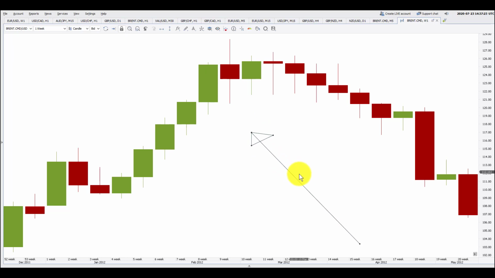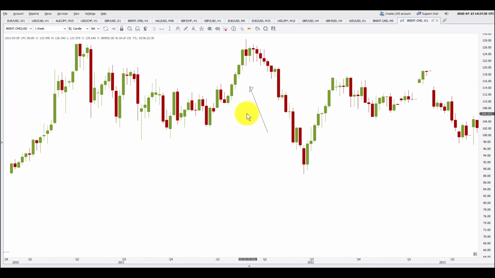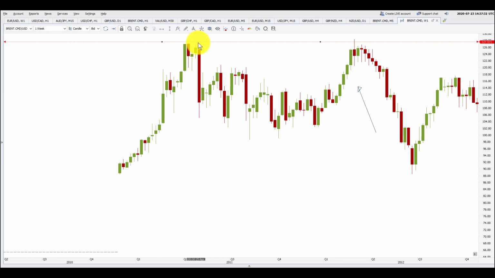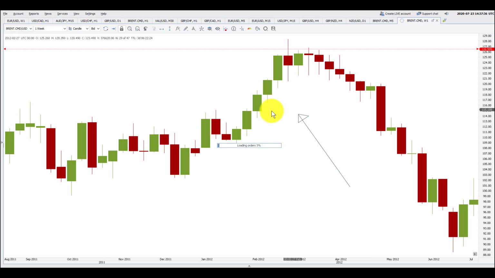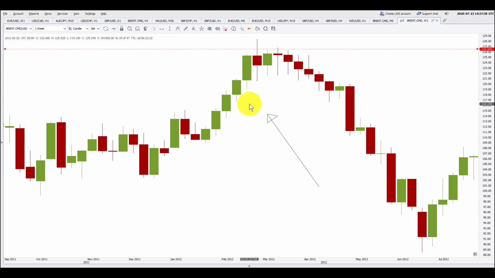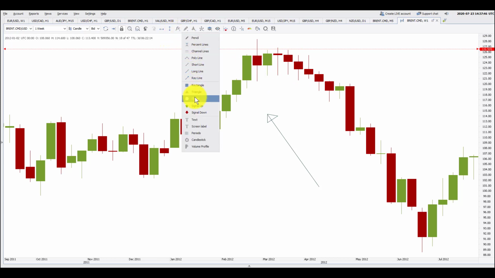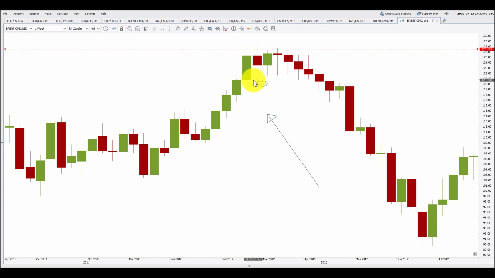So in this case, how are we going to trade? We are going to keep an eye on this one. Although it is a key inflection, a key resistance area, we will already have marked it as a key resistance. So we would be looking for an inflection or a reversal of price from here, and when the low of this candle is broken, then we will open a sell trade in this direction.